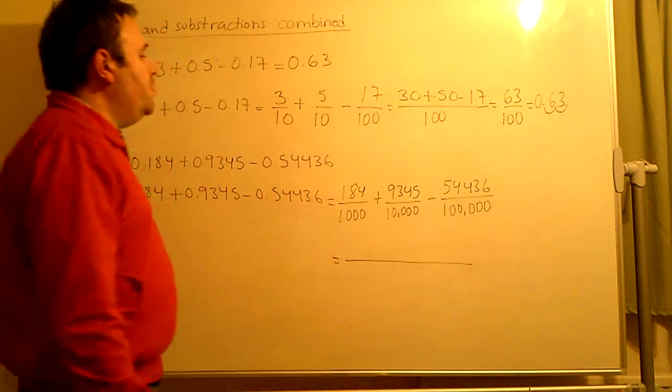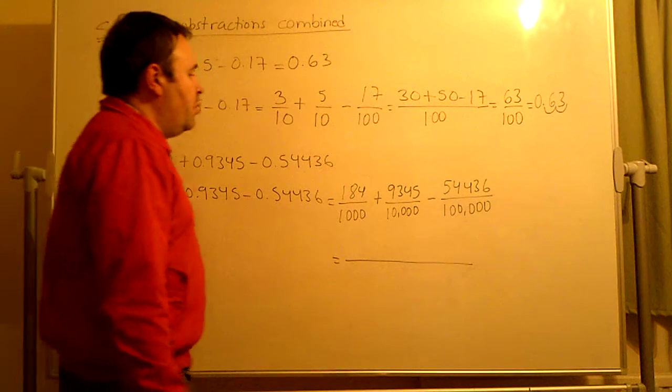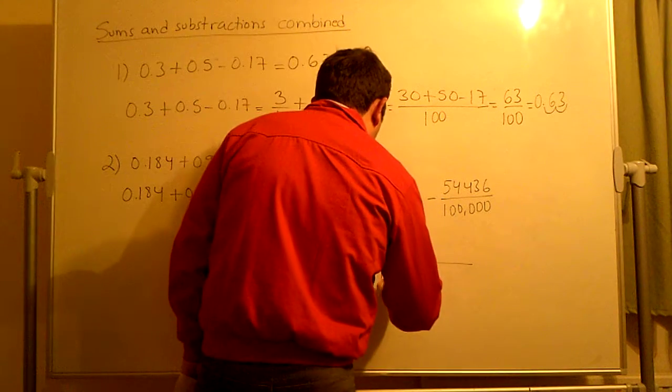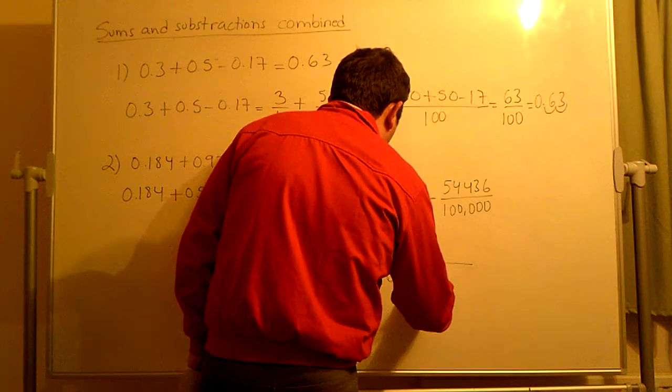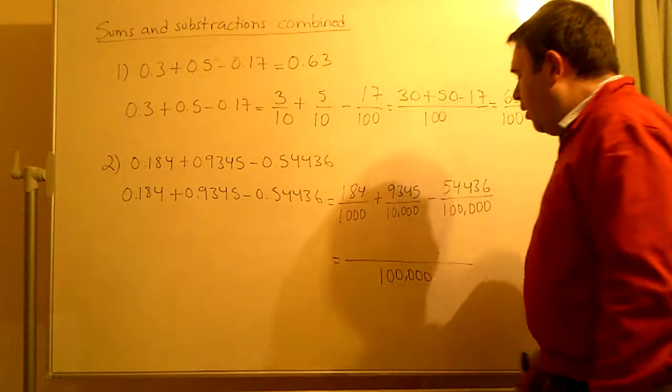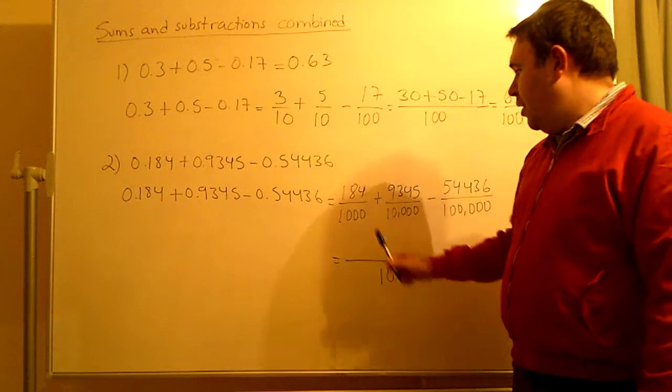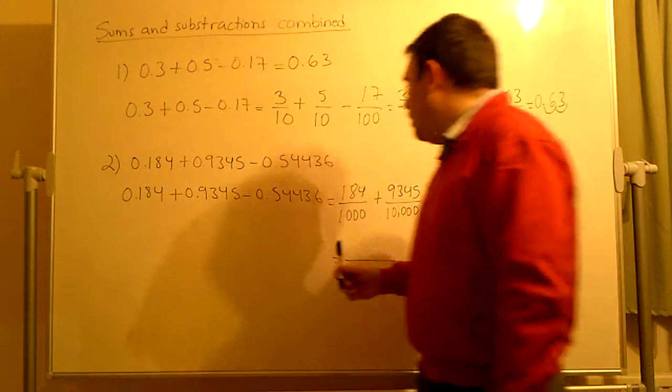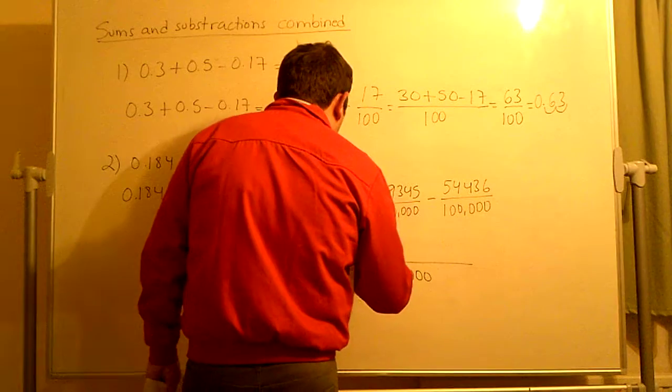So obviously the least common multiple would be 100,000. So 100,000 divided by 1000 would be 100, times 184 would be